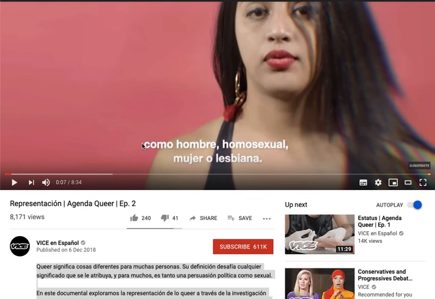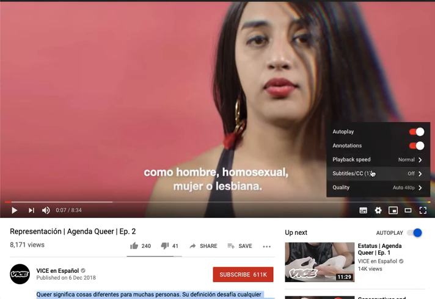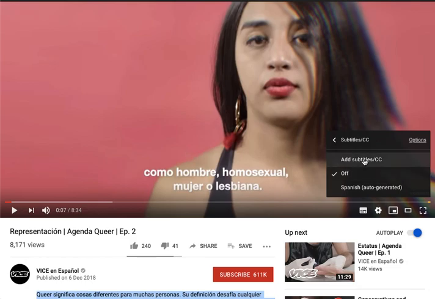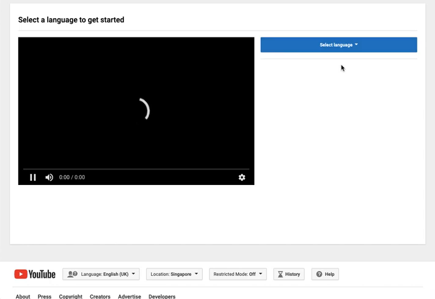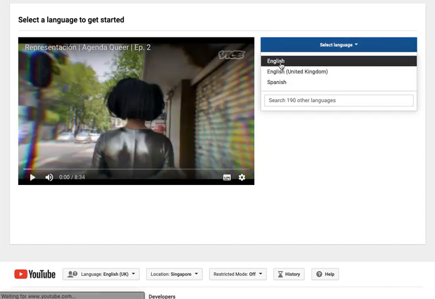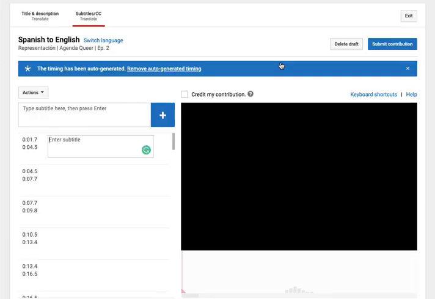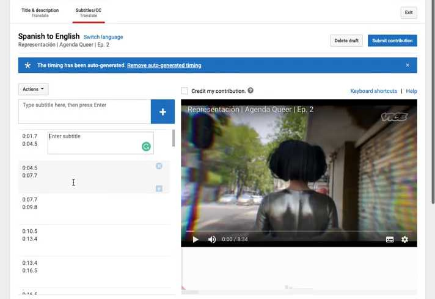So how would I go about actually submitting subtitles? If I come over here to the gear and I click subtitles, I come up to add subtitles and I select the language. There are many languages here, so if I selected English to get started, I have a number of boxes that come up for me to add in the subtitles from each different section